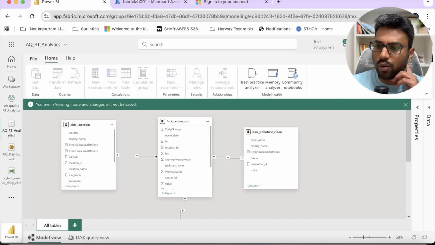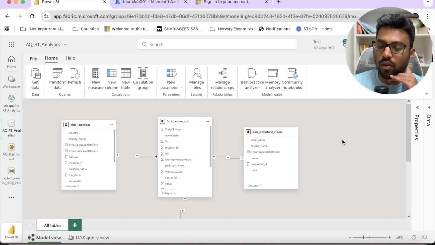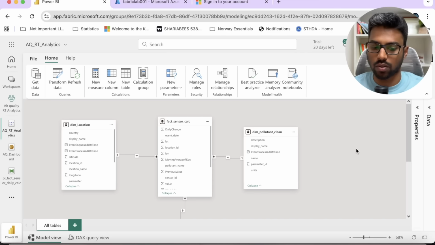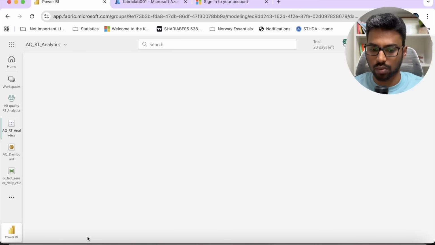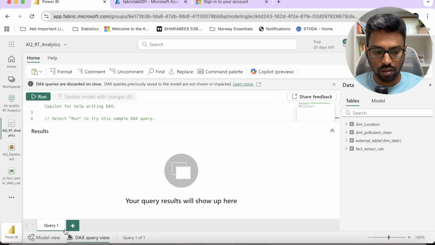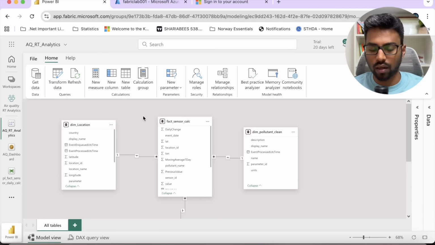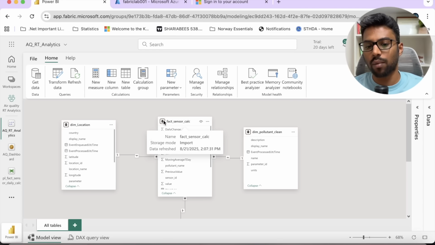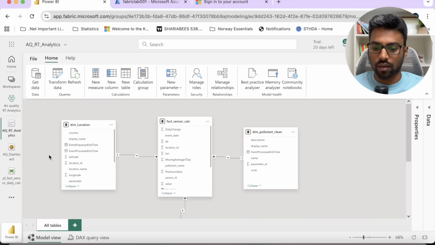You can also go into edit mode. If you click on edit on the top right and switch it to edit, you can always edit the model right within the Fabric experience also. You can see the model view is there, the DAX query view is there, so you can have a look at it. Inside the model view, again from within the Fabric experience, you can see the storage mode and when it was last refreshed as well. Great. So in the next video, we will quickly look at how you can design some reports